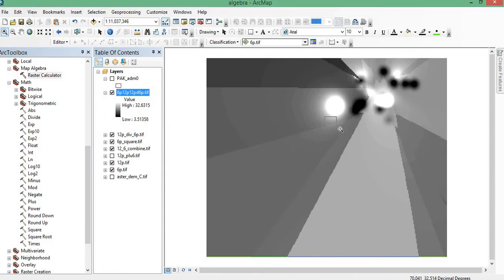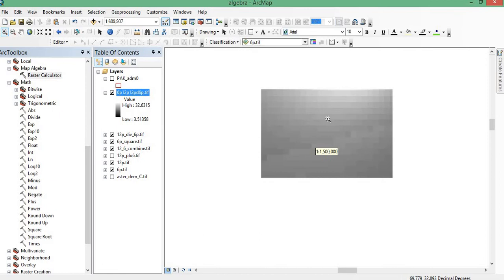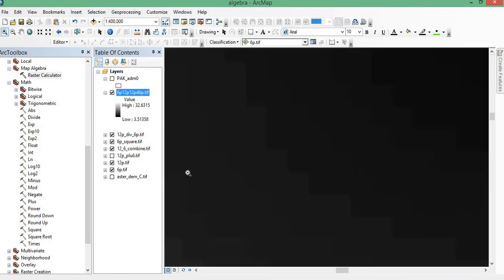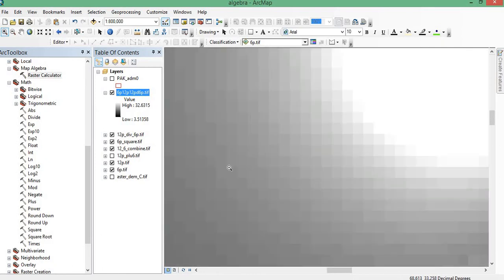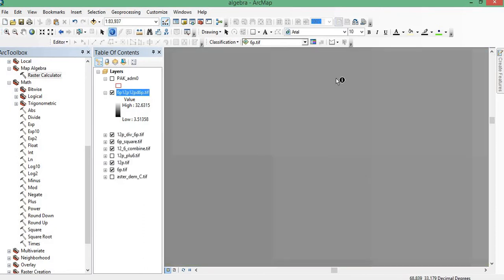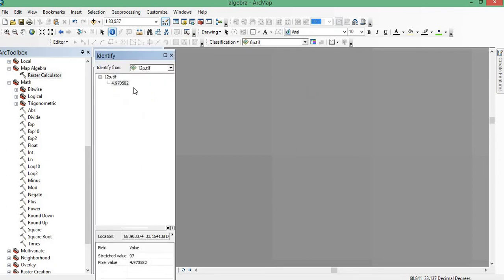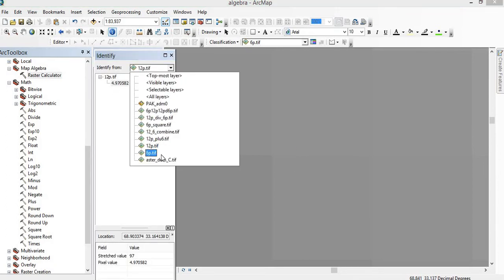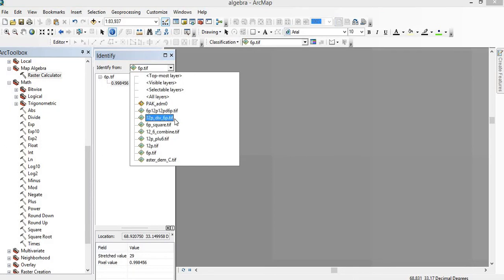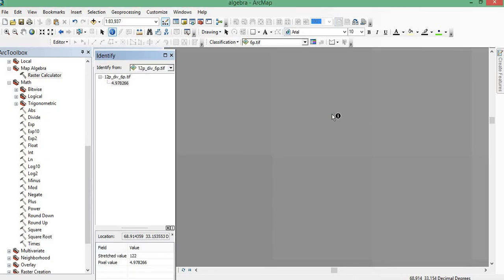Now if we want to confirm any operation on any pixel, like these 6 pixels, so identify tool, at this point 12p is 4.97, 6p is 0.9899, it will be 5 point something, and in this way it is 4.97, so it will be about 9 point something.